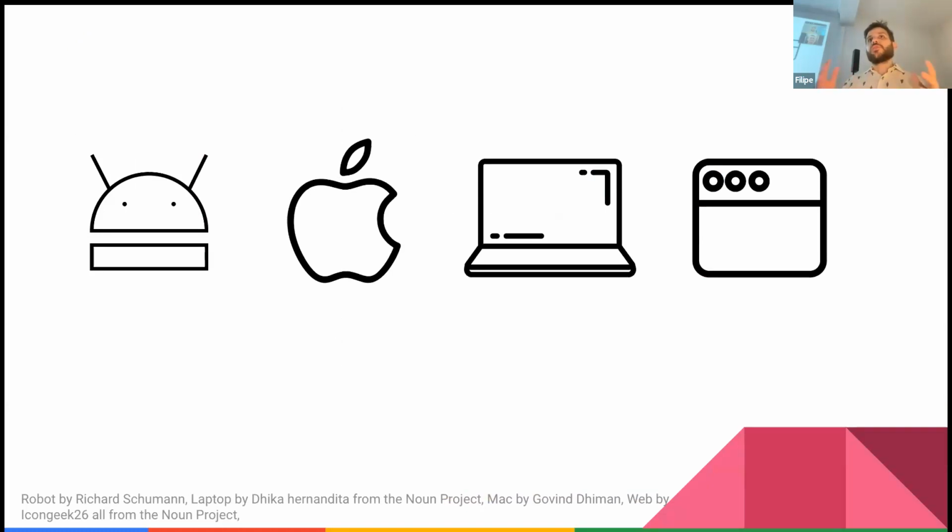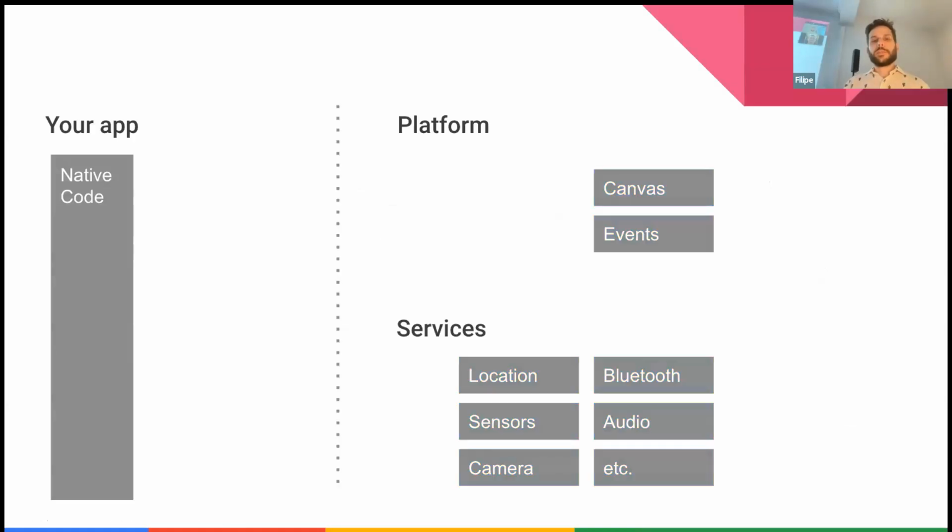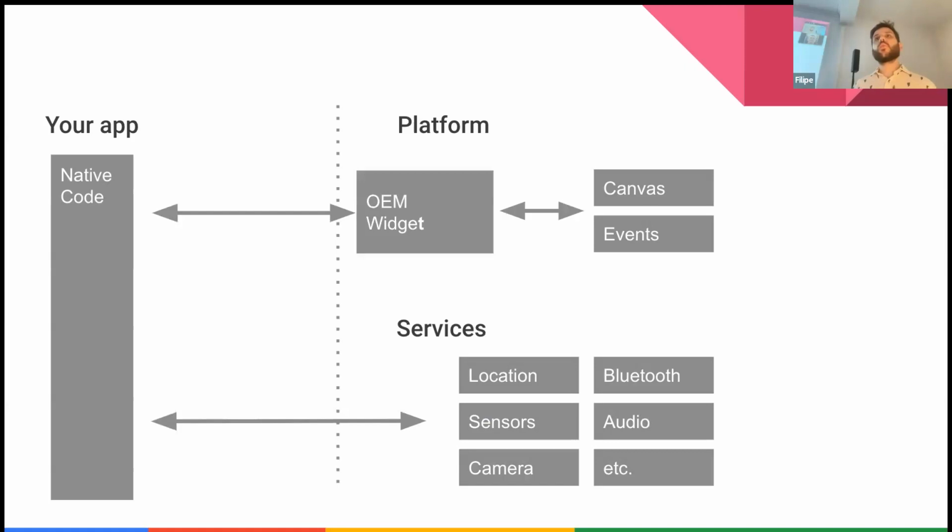What was the solution people found to develop for multiple devices using one code base? Well, we have the more traditional and oldest one, which is through the OEM widgets, I mean original equipment manufacturer widgets. Those who remember Nokia, to develop for a Nokia, you had to use their SDK. To develop for other devices, you had to use their SDK to code in their language, in their systems. You were restricted to that. Luckily, for Android and iOS,